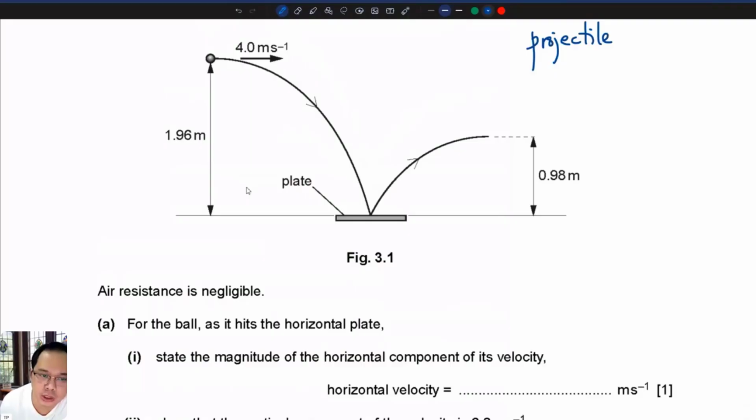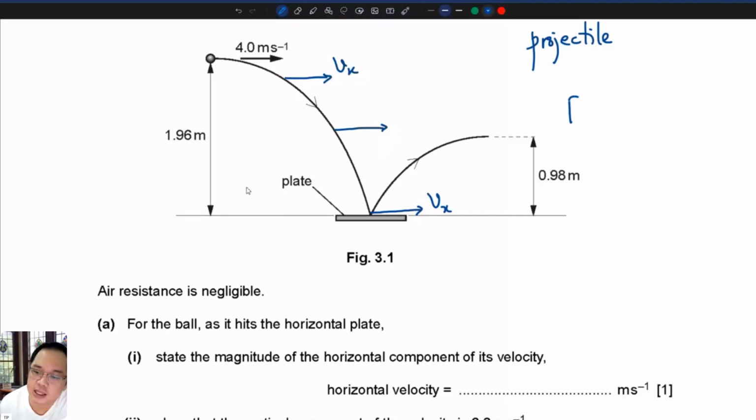The horizontal component of its velocity is always a constant. In this projectile motion, the horizontal component is always 4 meters per second. It is 4 meters per second here, Vx, the horizontal component, and it is also 4 meters per second here, and even right before hitting the ground, Vx, because in the horizontal